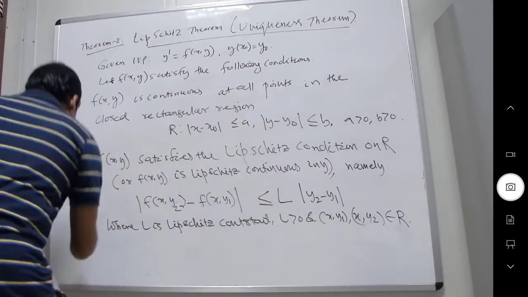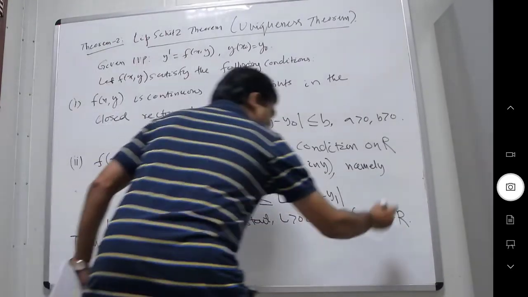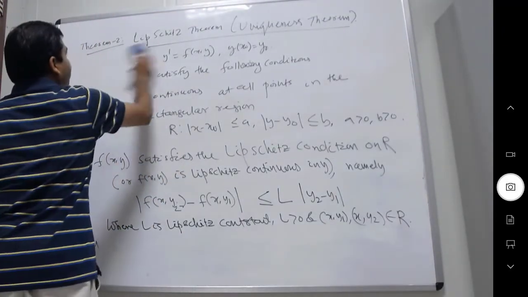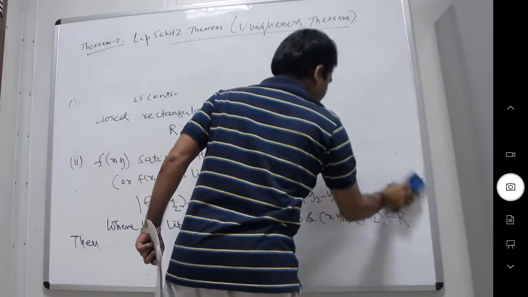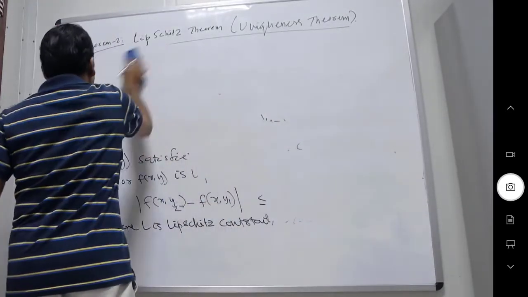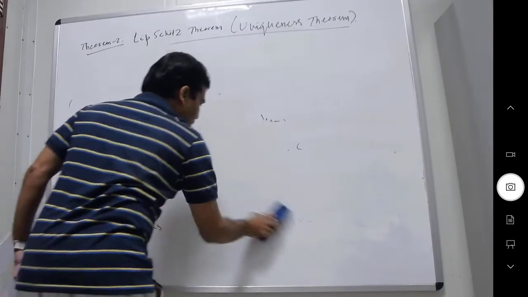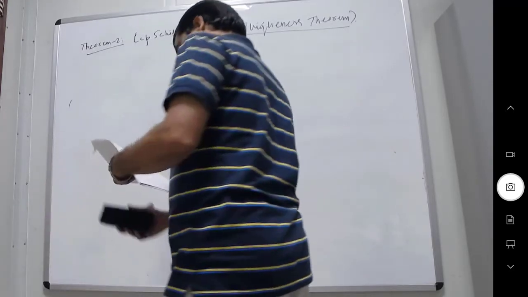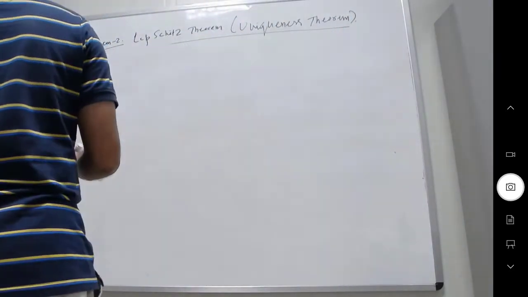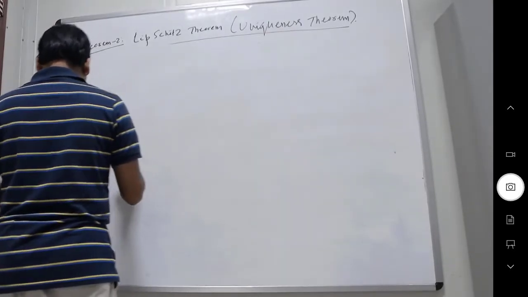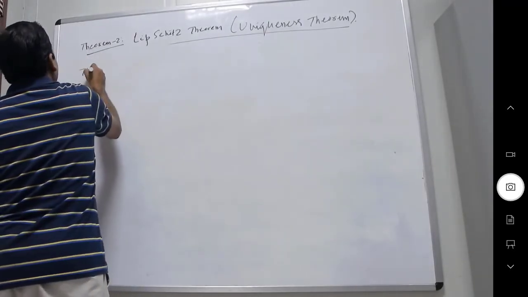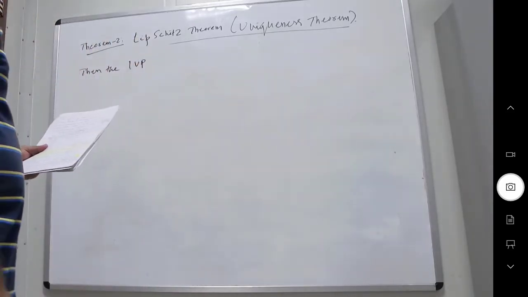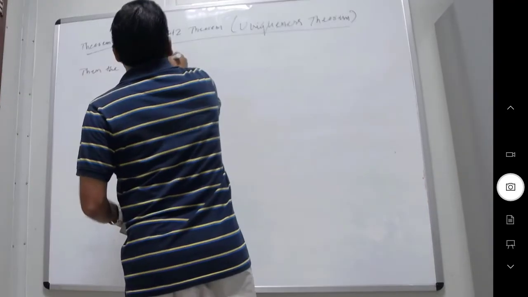Then, if these two conditions are satisfied, one being continuity and the other the Lipschitz condition or Lipschitz continuity, then the IVP has a unique solution,